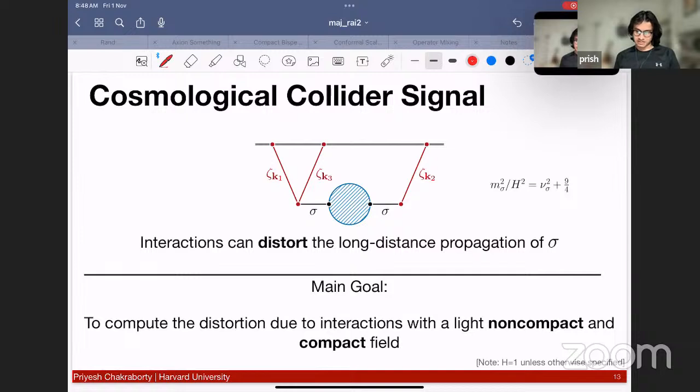Right. And just to note, I've kept factors of Hubble over here. Usually I will be very cavalier about factors of Hubble. So if you see something like m squared floating around, like m squared plus 1 or something, I've set Hubble to 1, so it should be m squared over H squared. So it's just a note.